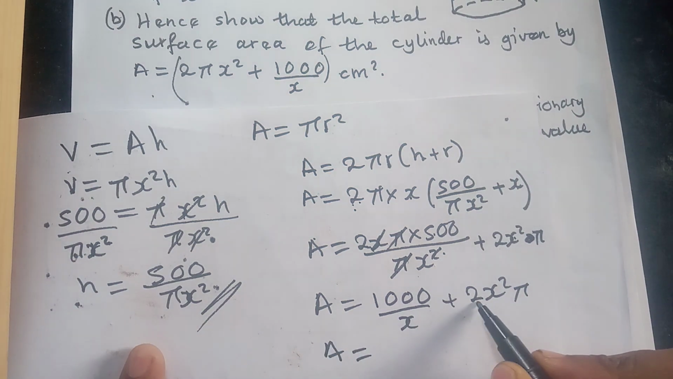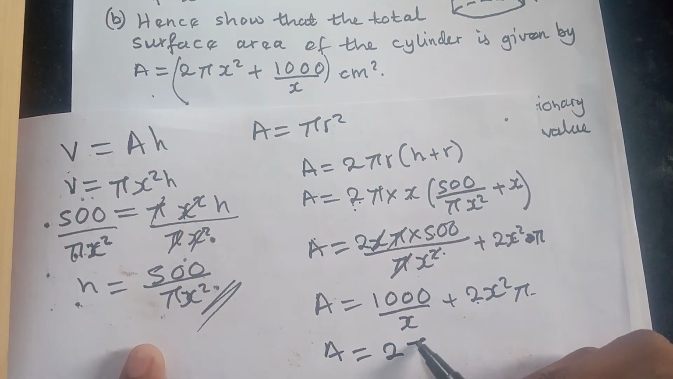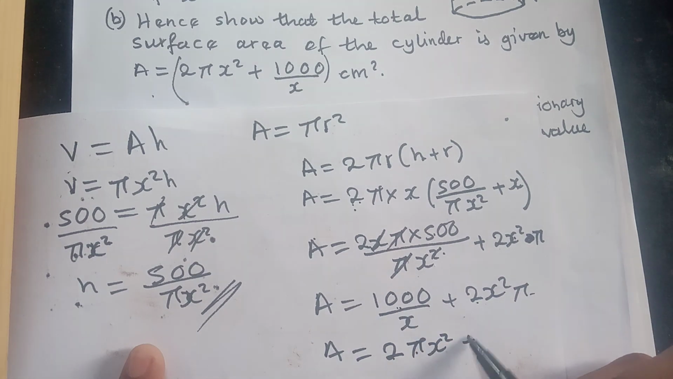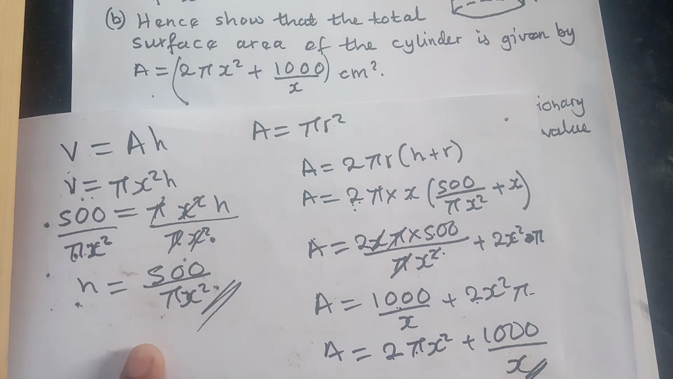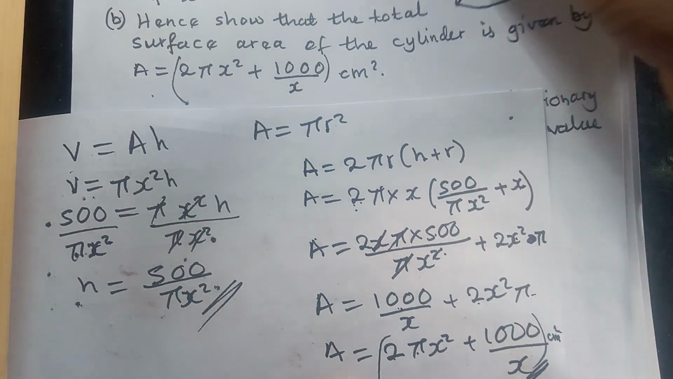So you can start with this. Of course they started with 2 pi, so let's do it the same way. So 2 pi x squared and then plus 1000 over x, and you have shown. So you can even include the units like they did. And then on part B,